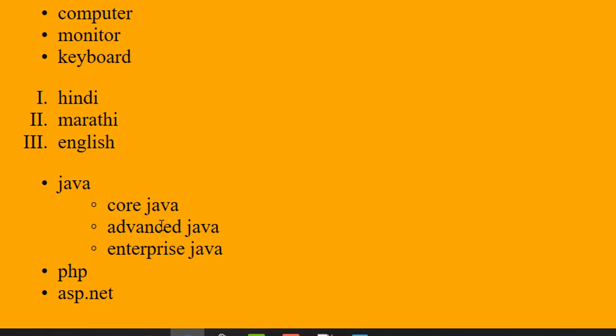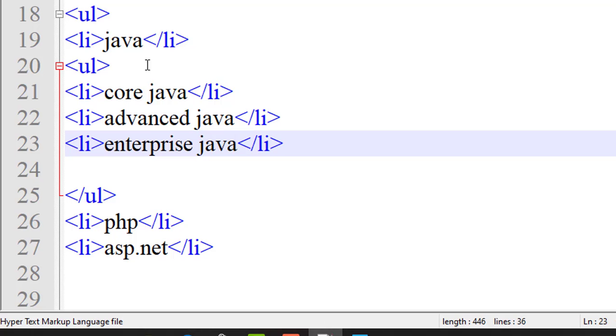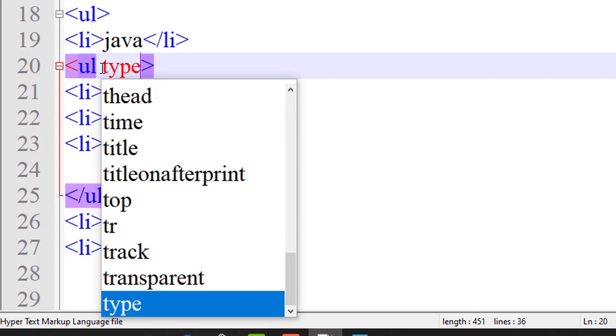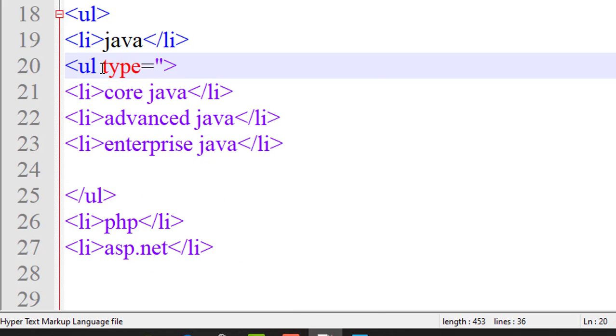This is all about the list tag used in HTML. If I want the square form, I will write the type, and if I want the circle or disk form, I will write type equal to disk.